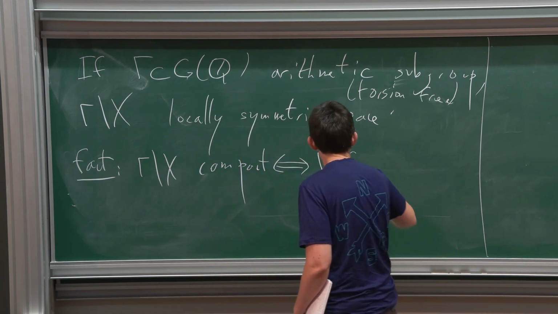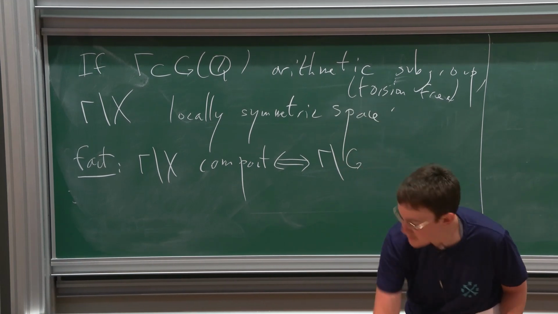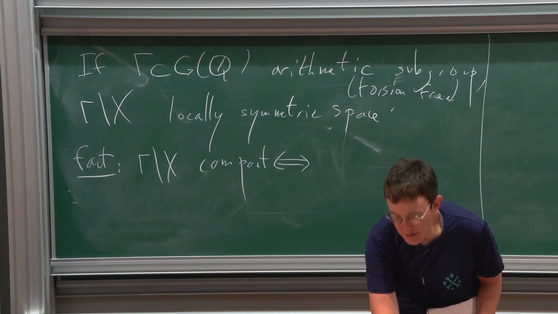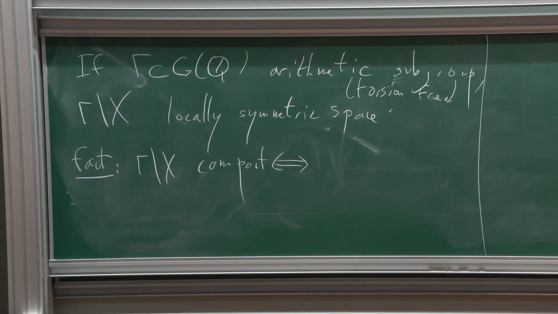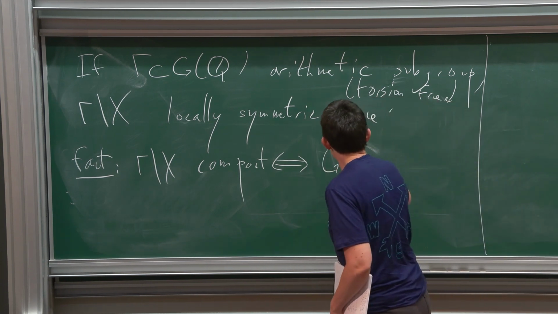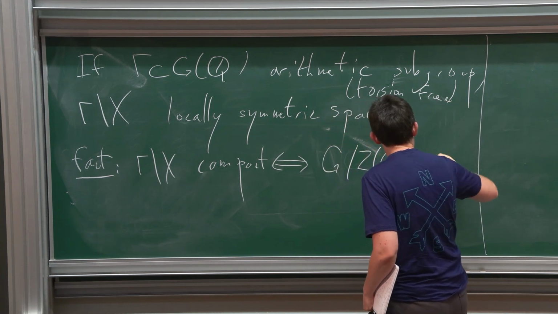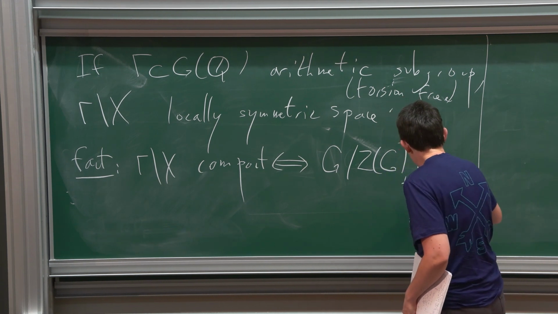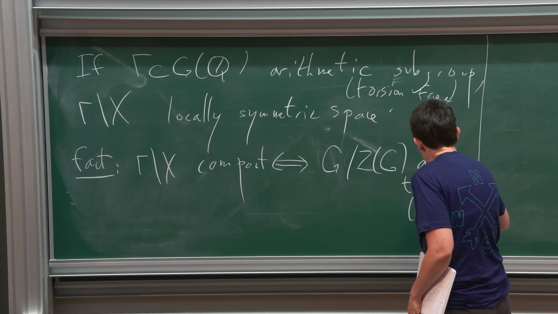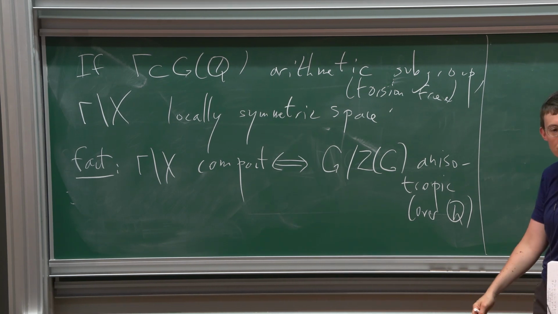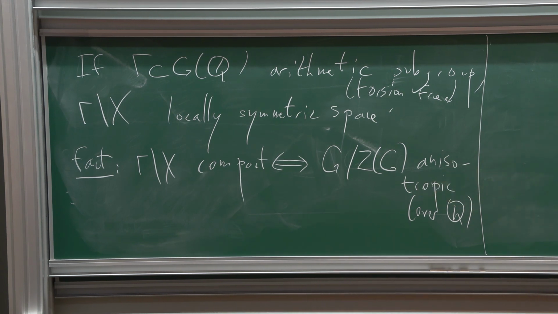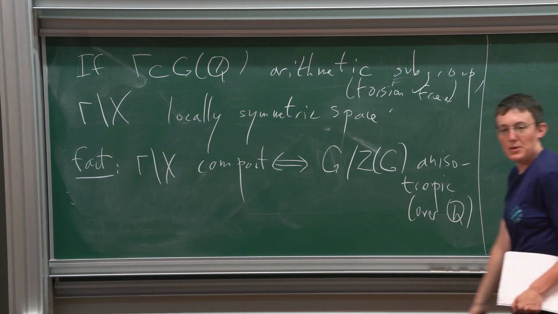If G is semi-simple, this is the same as saying that G(R)/gamma is compact; if G is reductive, then you have to quotient by the center. Doesn't matter. But anyway, these spaces are compact if and only if G is anisotropic modulo the center. That means that there is no proper parabolic subgroup. So here already you see,